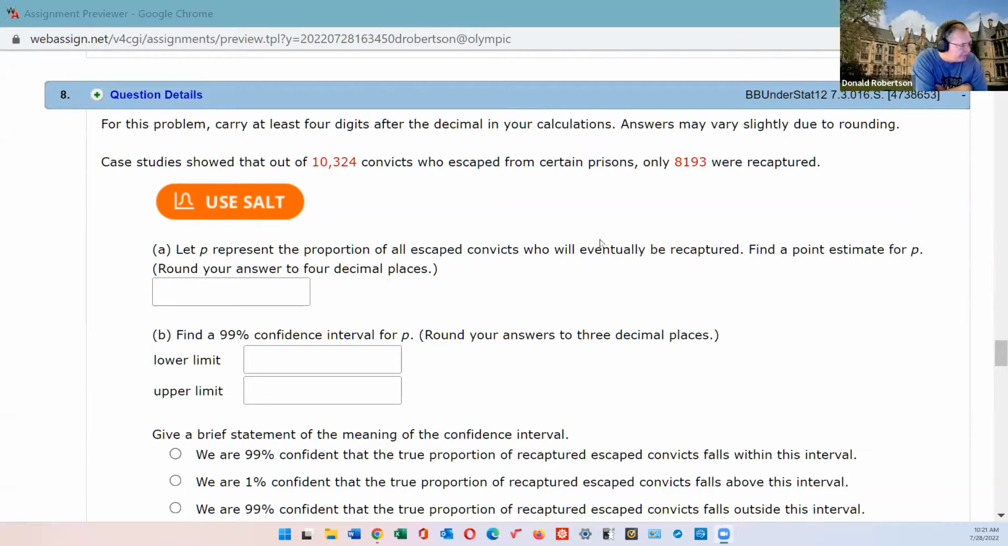Case studies have shown that out of 10,324 convicts who escaped from certain prisons, only 8,000 were recaptured. I hope that's just made up data, because that would be scary if it was true, right? But evidently we're using those numbers. So 8,193 out of 10,324. And we are going to basically just do a pretty standard 99% confidence interval, because they seem to like that number. So when I hit use SALT,